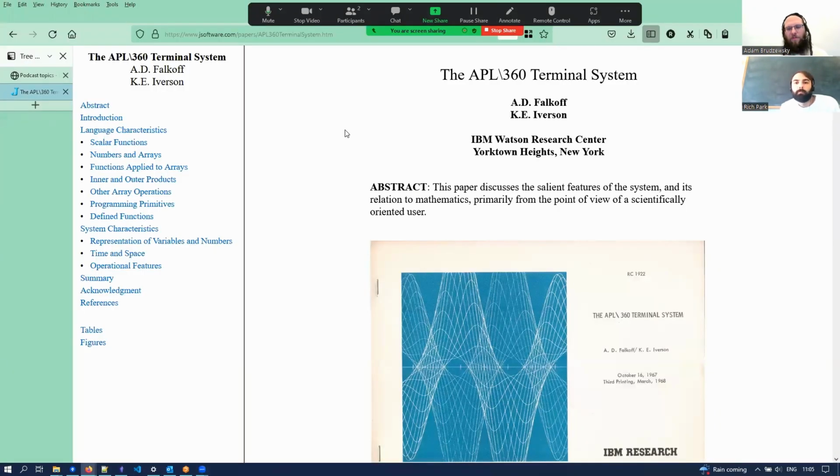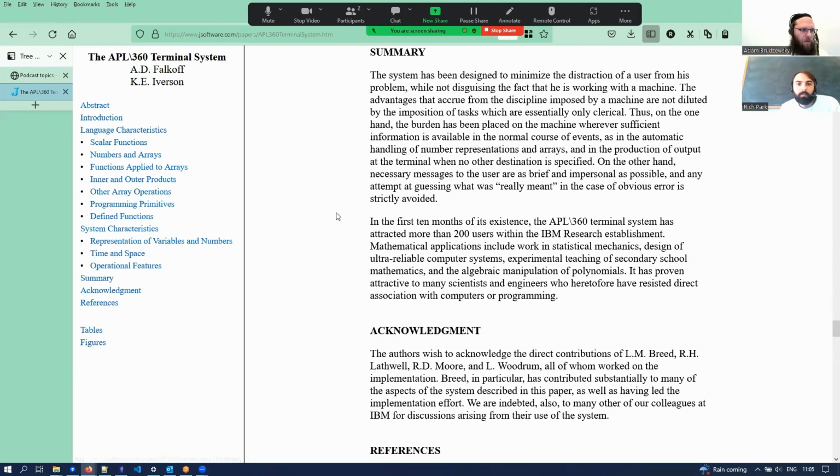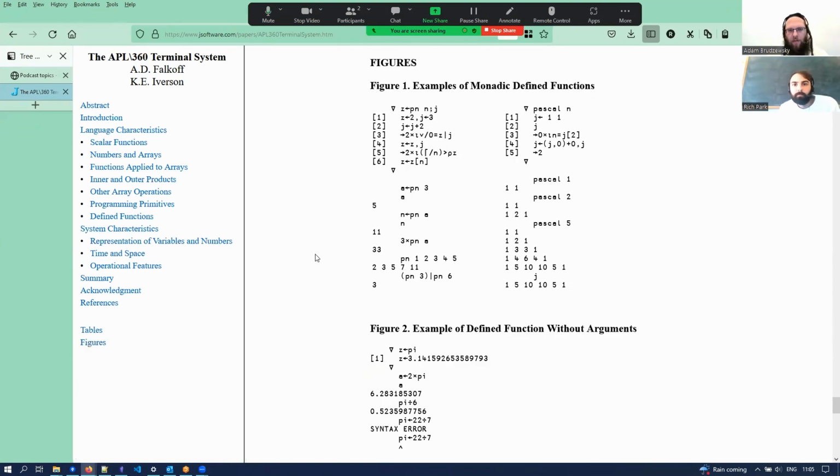And now scroll to the very end. One of the very last ones. Go to figures at the very end. Oh, right, all the way down. Yeah. So here are some examples of what APL 360 code would look like, and for the listener out there,